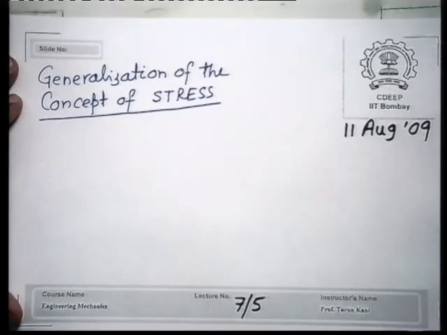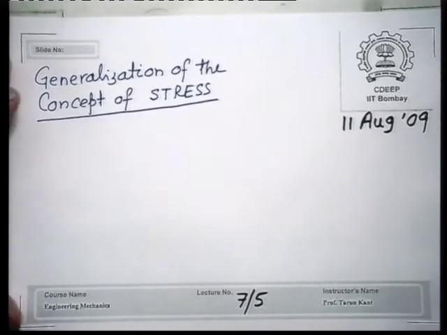I think now you have got a fairly decent idea about what we mean by stress. Stress comes out of, when you load a body, when you subject it to some kind of disturbance, obviously the body undergoes deformation, and then the action of one particle over the other is a measure of what we try to see as stress. It is an internal stress distribution. I should not say stress, it is an internal force distribution, and that gets set up in the body after the loads are applied.